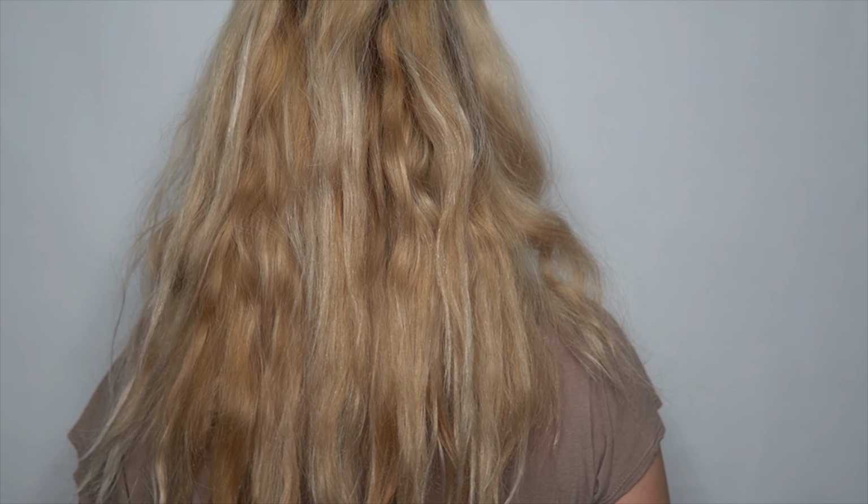Let's do results comparison, and I will just spin around so you can see. Ready. Spin. Like a slow spin. Well, I hope you can see all my hair stuff. So here's my hair before